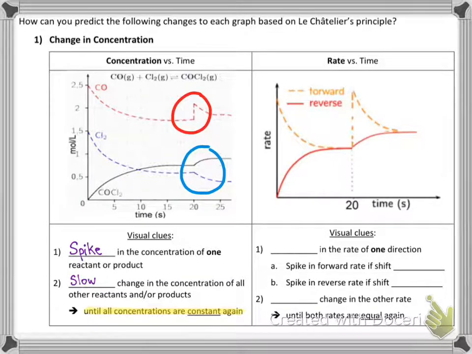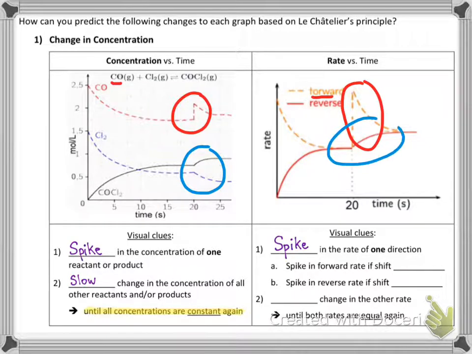Now let's see what could happen in a rate versus time graph, because you have to be able to identify this kind of change in both graph types. Well, if you notice, the thing that we added over here, the carbon monoxide, is a reactant. If you dump in a bunch of reactant, now there's a higher concentration of reactant particles, greater probability of a more effective collision. So you'll notice that the forward rate, because it was a reactant, spiked upward. Then, as more products are made, you'll notice the rate of the reverse reaction slowly increases until the rates are